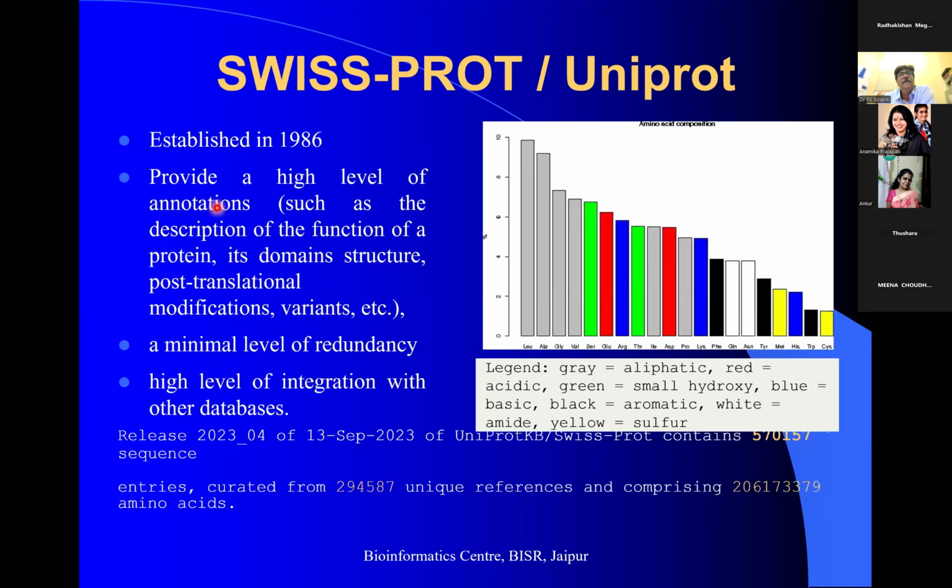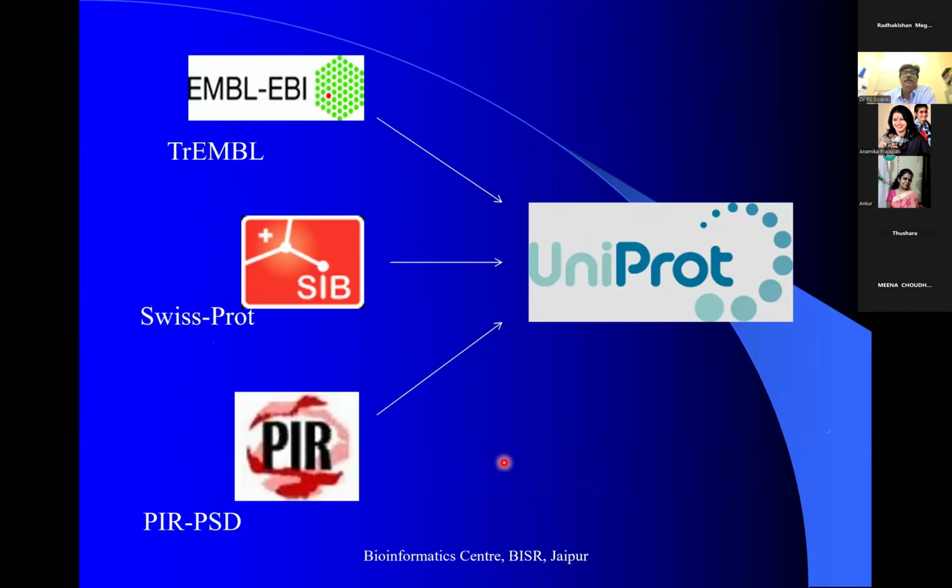बिकॉज ऑफ हाई लेवल ऑफ एनोटेशन। स्विस प्रोट के अंदर जो भी सीक्वेंसेस मौजूद हैं, दे एक्सपेरिमेंटली वेरीफाई देमसेल्फ, इसीलिए उसकी संख्या काफ़ी कम है। और इट कंटेन मिनिमल लेवल ऑफ रिडंडेंस। रिडंडेंस का मतलब होता है रिपीटिशन, एक ही चीज बार बार आए, वो इसके अंदर कम है। और हाई लेवल ऑफ इंटीग्रेशन विद अदर डेटाबेसेस। तो उसके बाद अब क्या हुआ कि ईएमबीएल, स्विस प्रोट जो स्विस इंस्टिट्यूट ऑफ बायोइन्फॉर्मेटिक्स का है, और पीआईआर,